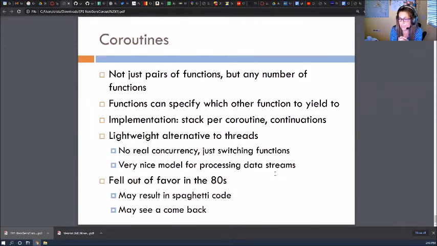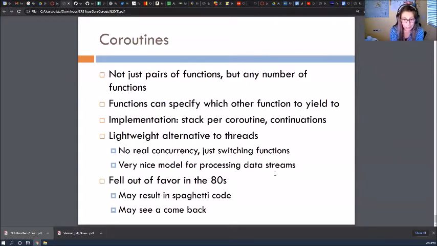So basically, how to implement this? You can have a stack per coroutine, sort of like threads, or you can do it with continuations if the language supports continuations, which is basically these higher order functions. And it's basically a lightweight alternative to threads. It's no real concurrency, it's just switching functions. And definitely not, let me backtrack.